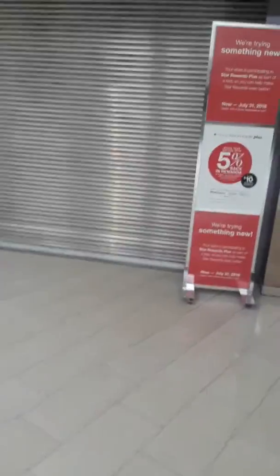Now, empty storefronts. I think empty storefronts would be good to use as a shelter place. Come out of them, go get what you need, and come back. That's your short-term shelter. That's where you gather as many supplies as you can get from the mall. The mall I would personally use